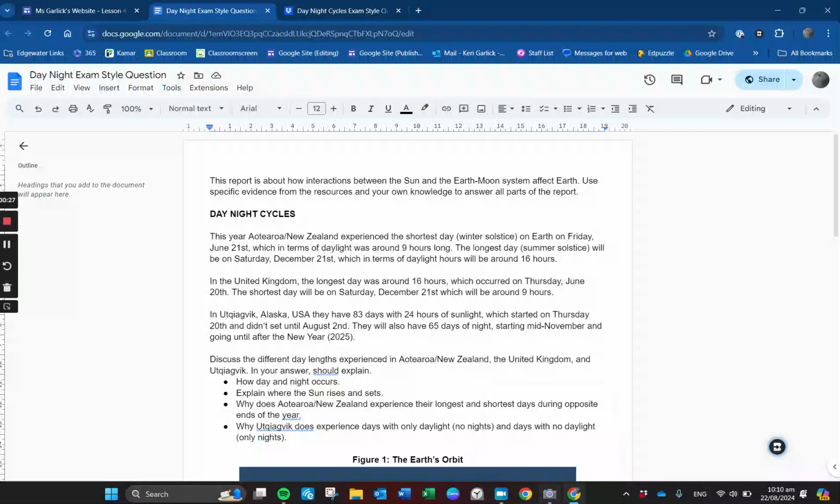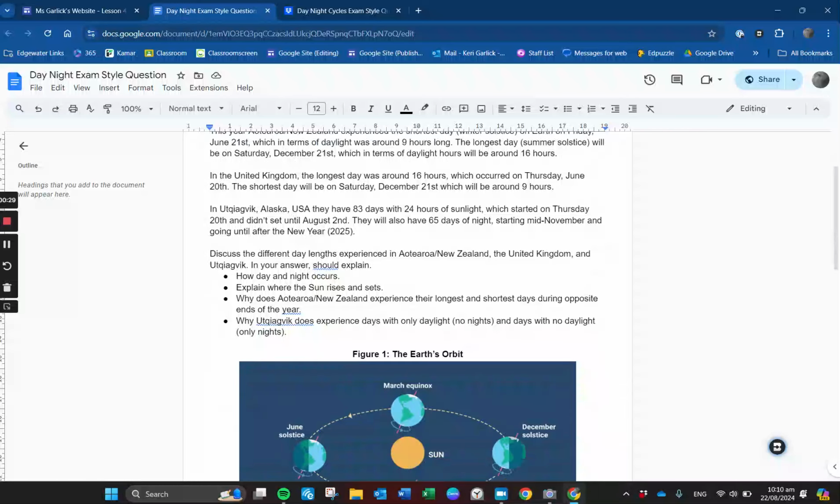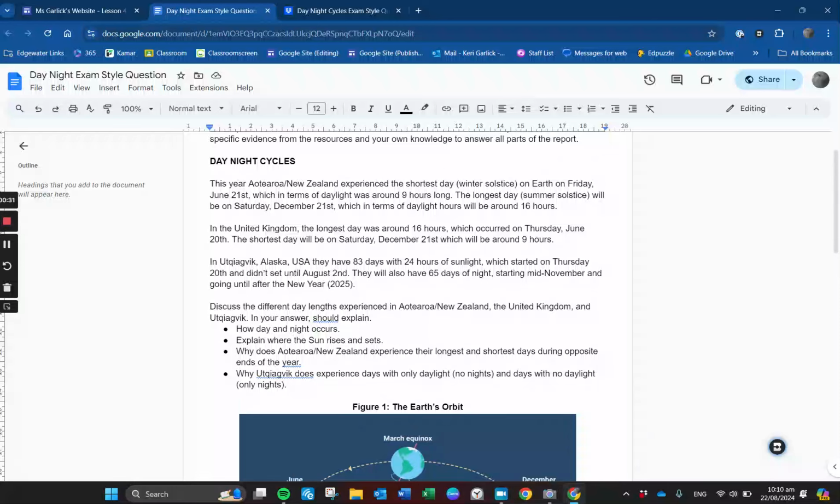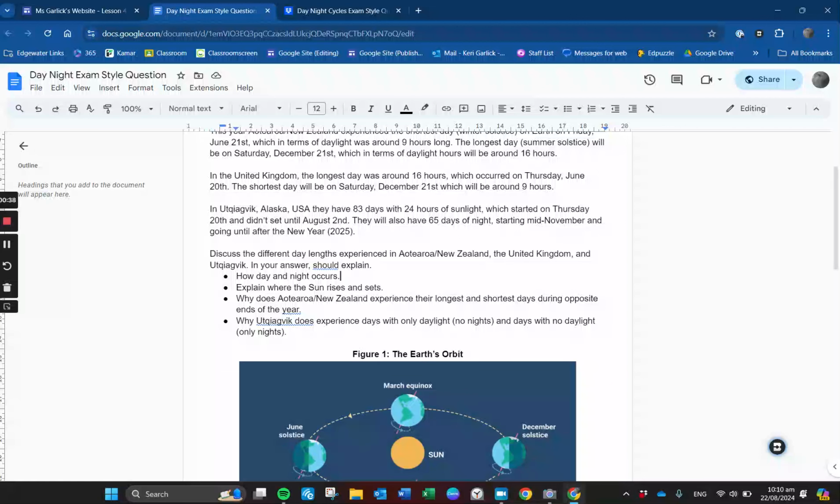So, they've given us a description here talking about day-night cycles in different parts of the planet. They also talk about what you should be answering, and I just want to give you some of the basics. So, the first thing that we're thinking about is what causes day and night, and where does the sun rise and set in our